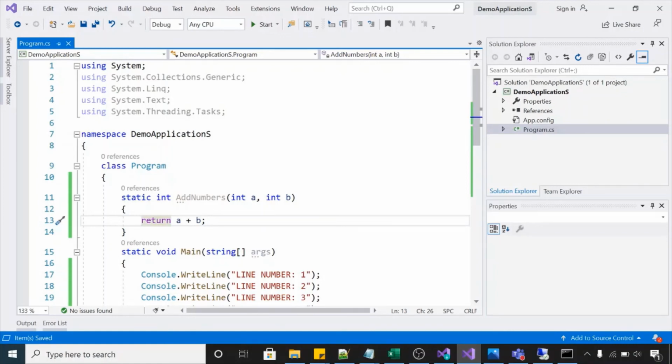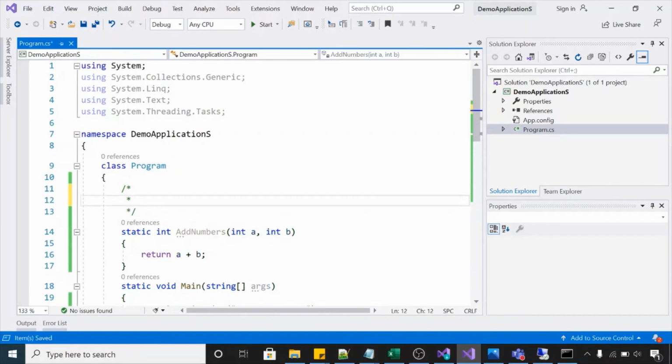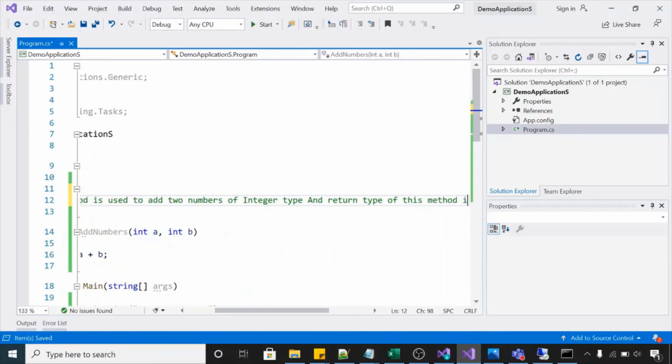So in that case you can provide some comments here. You can mention here: this method is used to add 2 numbers of integer type, and the return type of this method is integer.